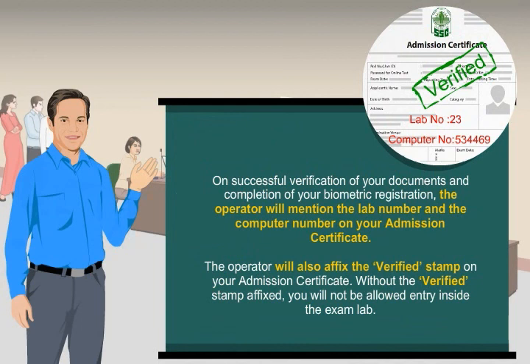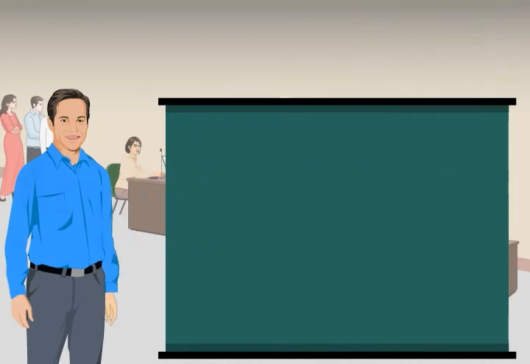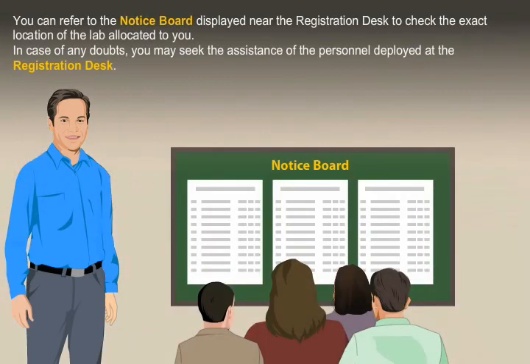Without the verified stamp affixed, you will not be allowed entry inside the exam lab. You can refer to the notice board displayed near the registration desk to check the exact location of the lab allocated to you. In case of any doubts, you may seek the assistance of the personnel deployed at the registration desk.